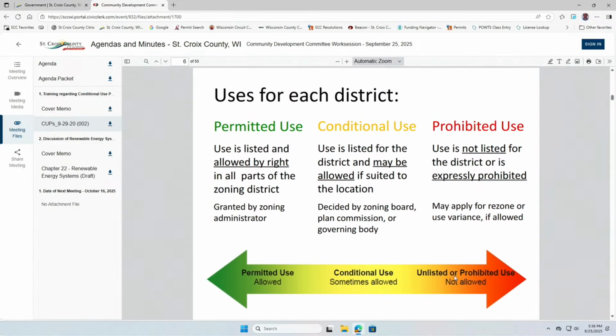Now, one thing to point out is that a variance cannot be obtained for a prohibited use. So if I'm zoned residential and I want to have a car detail shop or a car shop there, that's not a permitted or a conditional use, and I can't apply for a variance for that. That would be a use variance, and the Board of Adjustment doesn't have the authority to grant that variance, because it goes back to the Community Development Committee, which is the one creating the ordinance under that legislative function, and the BOA cannot go above that function.